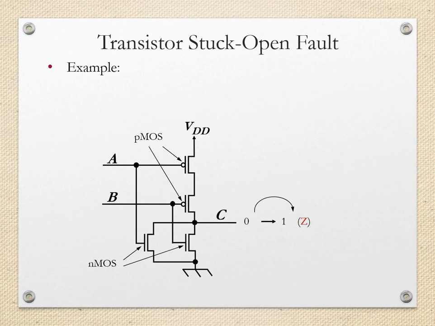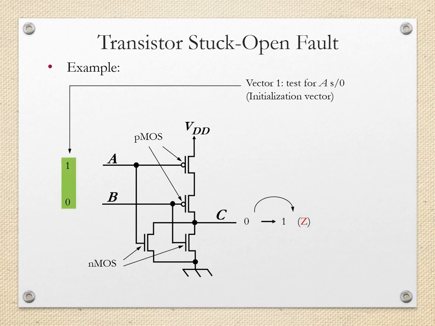So let us consider one transistorized circuit in which we have 2 P MOSFETs and 2 N MOSFETs, so a total of 4 MOSFETs. The P MOSFETs are connected in series and the N MOSFETs are connected in parallel. We will apply a set of vector 1, which can test for A stuck-at 0. We have the 2 inputs A and B. That is the initialization vector for the test.